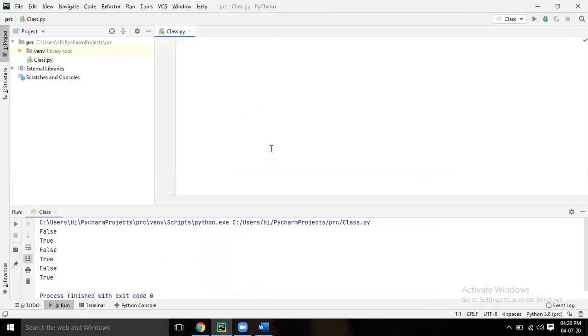Next one is the assignment operator. The assignment operator is nothing but your equal to sign.